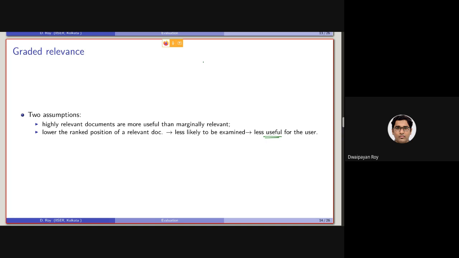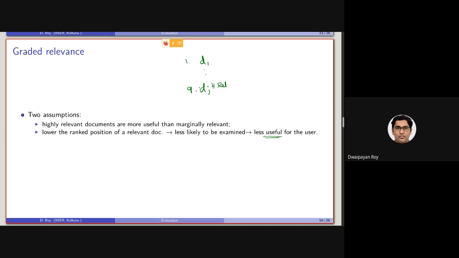So if a document, say DI or say DJ, is relevant, let's say it is highly relevant, but it is present at, say, the 9th location in the rank rather than in the top 5 positions, maybe it is less likely to be examined by the user.